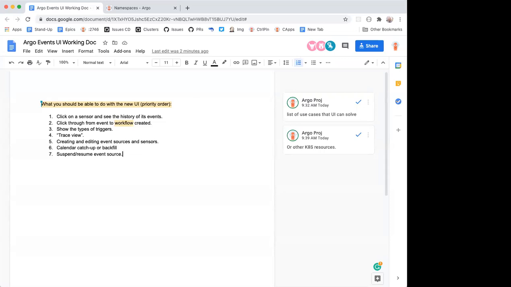So that's, I'm gonna put that down here. I want to know when I'm waiting on another event. Yeah, it would be pretty neat if you could have some sort of view with a progress indicator, similar to Argo CD, like a spinner, and then see what it's waiting on. Yeah, okay, I'll add that to the list here. That's an interesting one. This is exactly the kind of feedback I'm looking for.